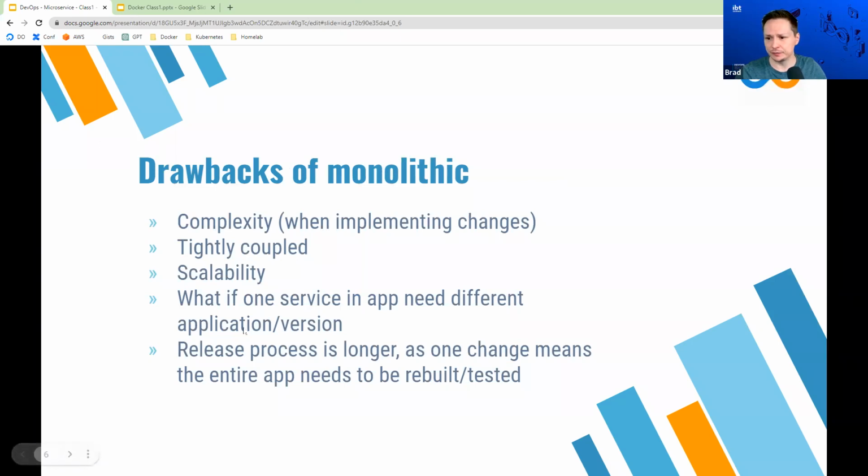And then finally, the release process is longer, and basically that comes down to whenever you make a change, you have to release the entire code base. And because you're releasing the entire code base, your CI/CD pipelines are going to take a lot longer to run. You're going to have to run through your entire test suites every time. So the release process becomes quite long with a monolithic application.